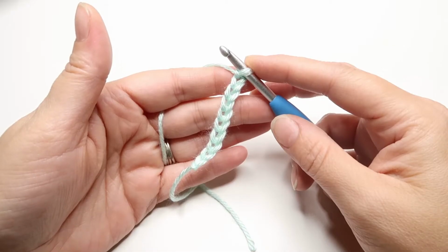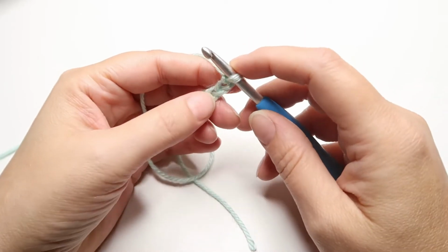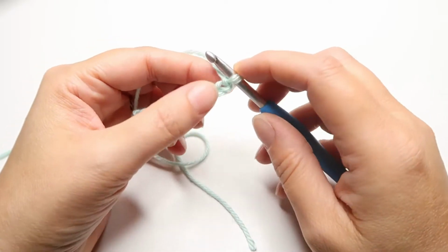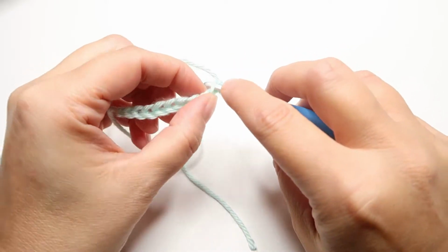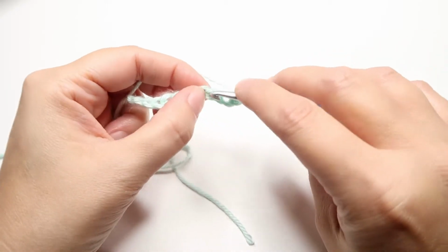To start the popcorn stitch, start with a chain of any even number length. I'm starting with 10 today. You're going to single crochet into the second chain from the hook, 1, 2, and each chain across to the end. So I'll have 9,